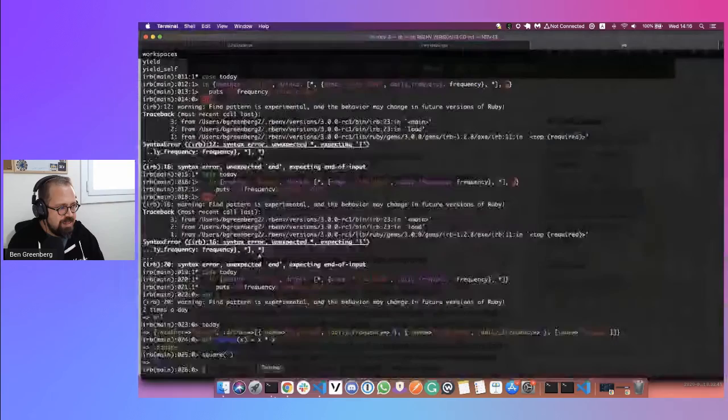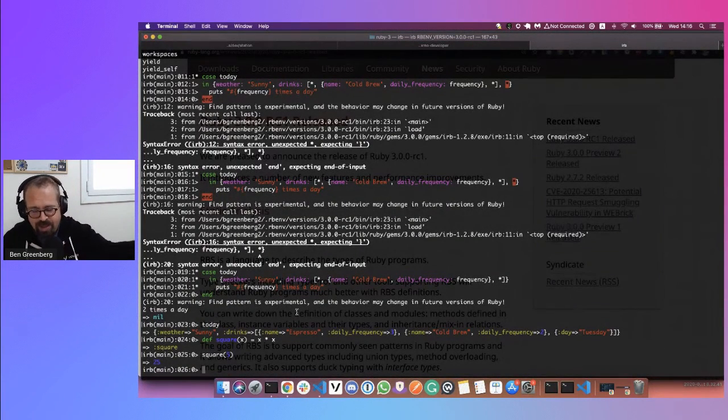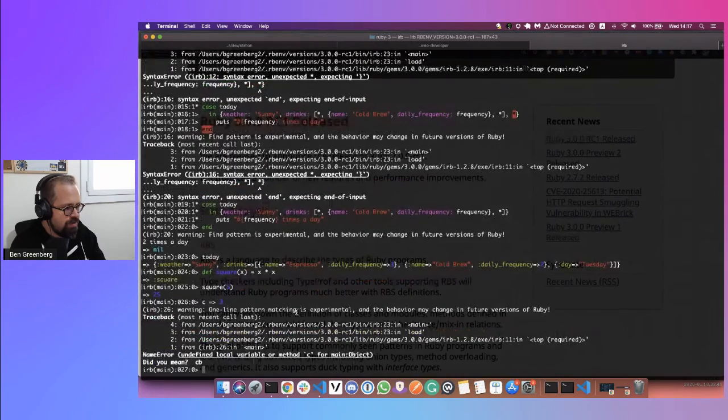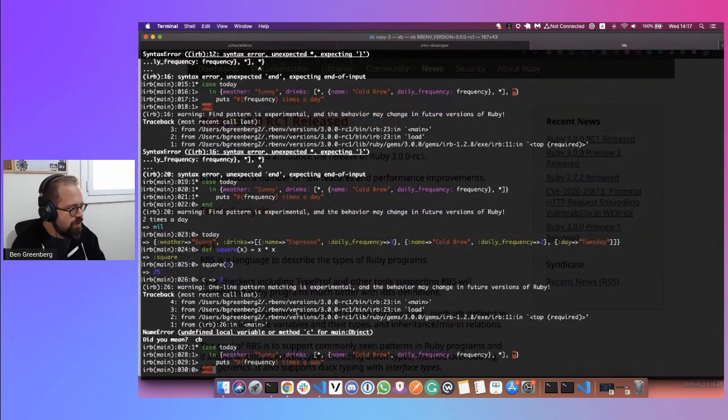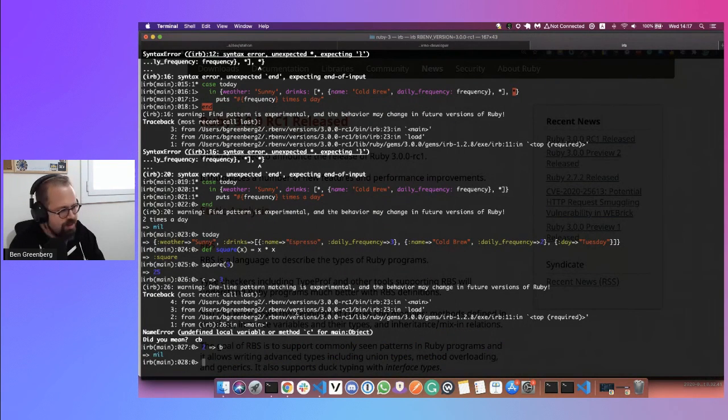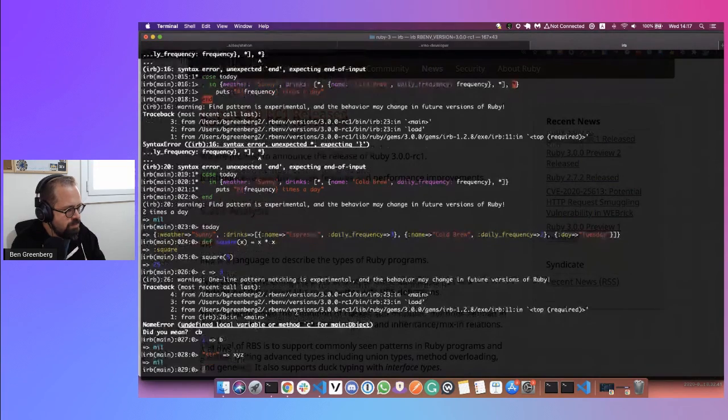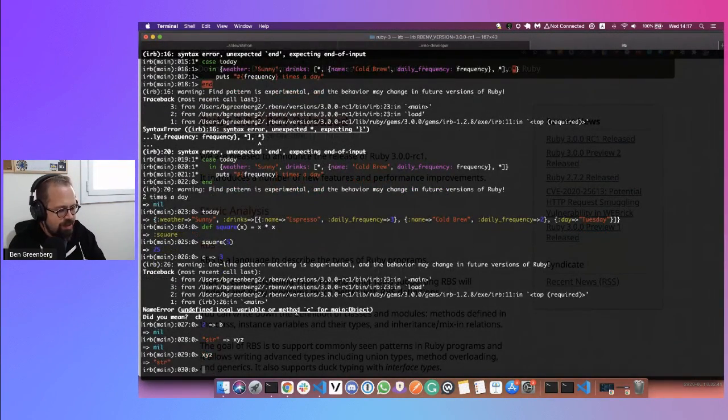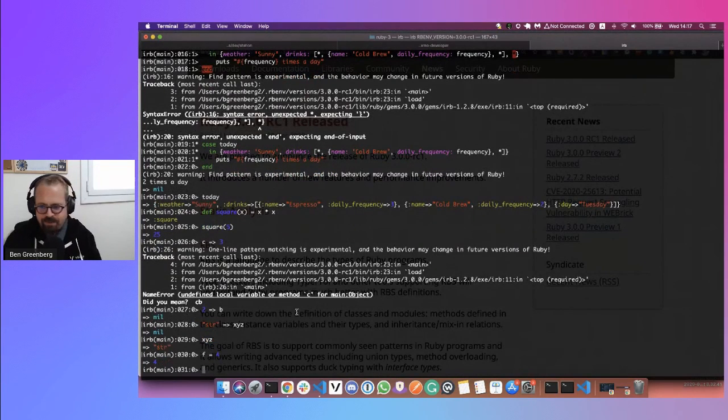Really, really cool. And lastly, IRB is just so much better than it was in previous versions. It is fast. It is pretty with color-coded syntax, automatic indentation. The things I'm a little not so excited about would be rightward assignment. I don't see why that needs to exist. I don't know why we need rightward assignment. I think the alternative is easy enough, but it's there.